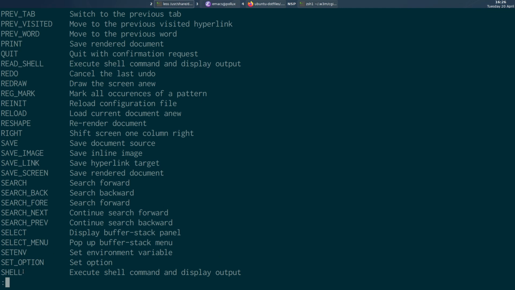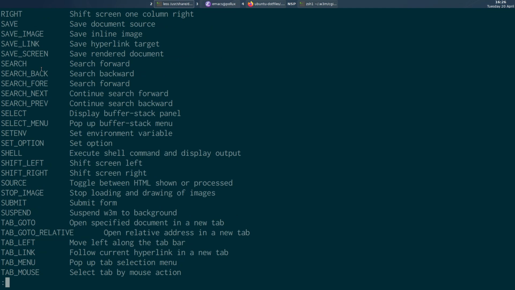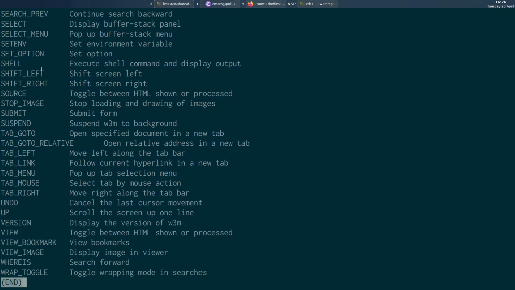When you run shell, you can run a command and then it will actually prompt you in the terminal to press a key to continue, which is no good if you're running scripts, because you run a keyboard shortcut, you don't want to have to press another keyboard shortcut to dismiss a dialog. So that's why you want to use read shell instead of shell, because read shell doesn't pop up a little button saying click a key to continue. So these are some of the commands that you can run in w3m